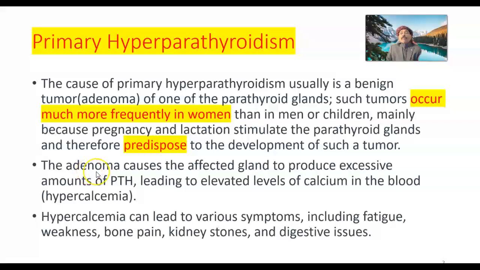Adenoma is the cause of primary hyperparathyroidism in around 95% cases, leading to elevated levels of calcium in the blood, that is the hypercalcemia. Hypercalcemia can lead to various symptoms including fatigue, weakness, bone pain, kidney stone, and digestive issues. There may be peptic ulcer,